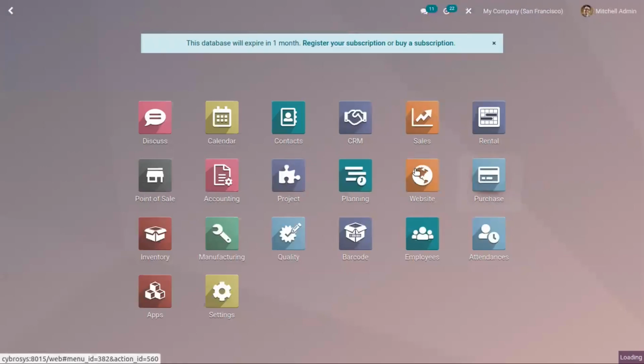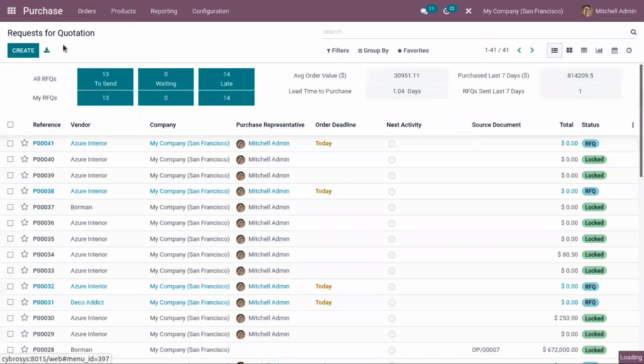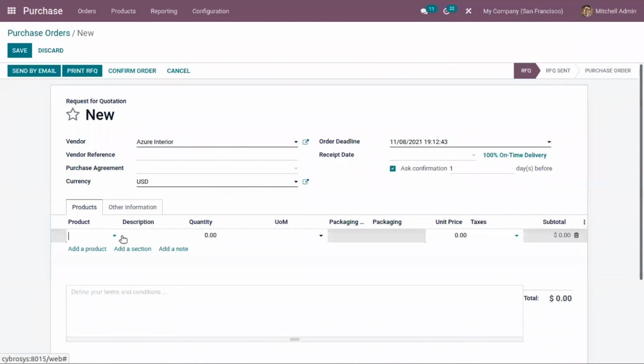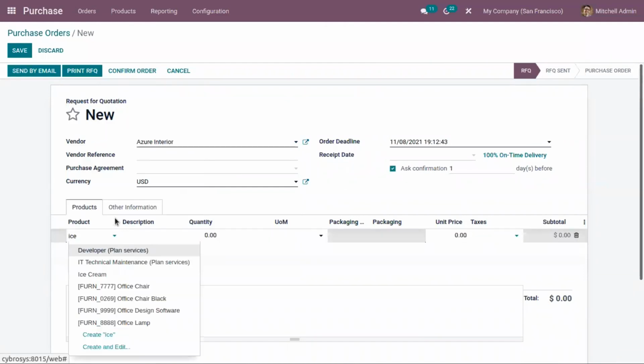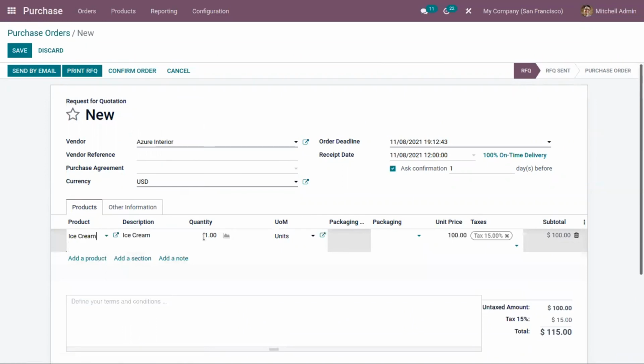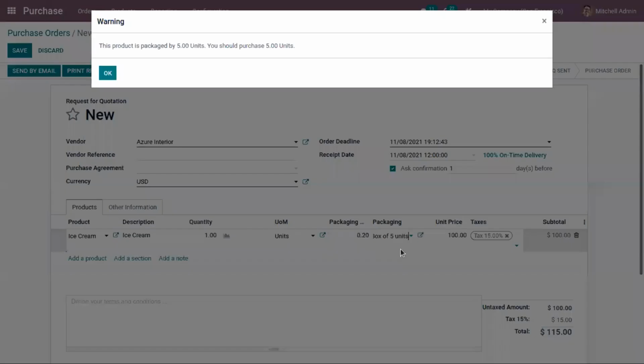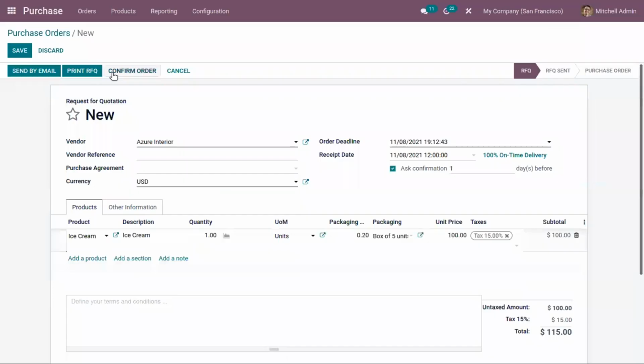Now let's create a purchase order to purchase the product ice cream. Here you can choose a packaging. So I have already created a box of 5 units. So it is packaged by 5 units and you should purchase 5. And here you can find the packaging quantity.